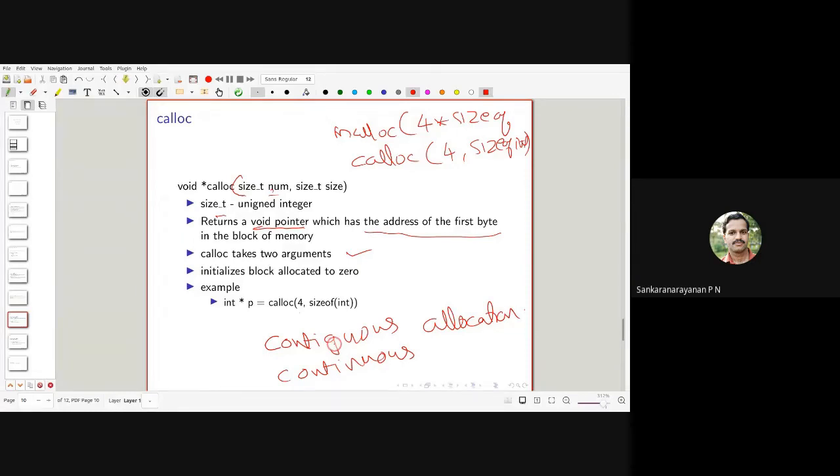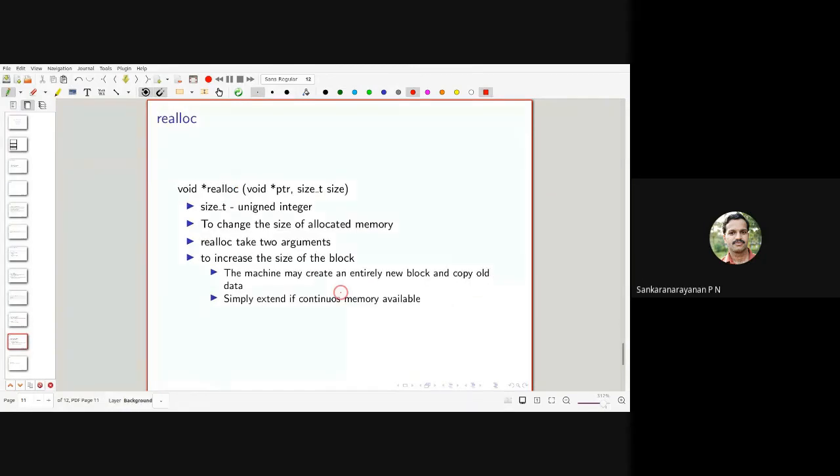It allocates a block, and once it is allotted, the initial value will be 0. That's the idea. A simple example: star p equal to calloc 4 comma size of integer. When we write programs with malloc or calloc, it may give the same feeling to the user, but internally there may be some differences.